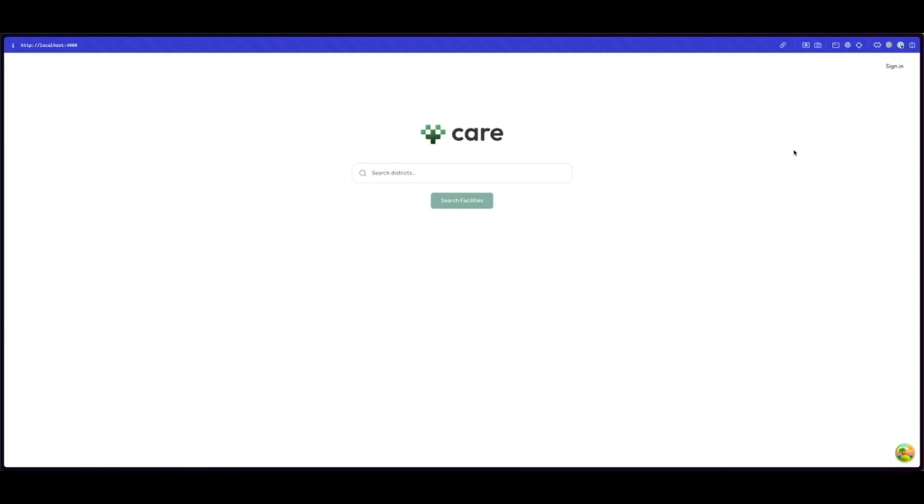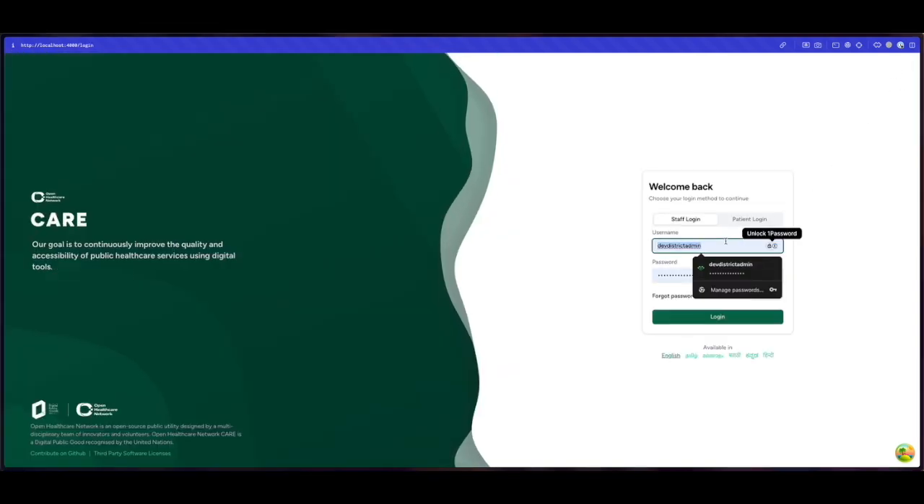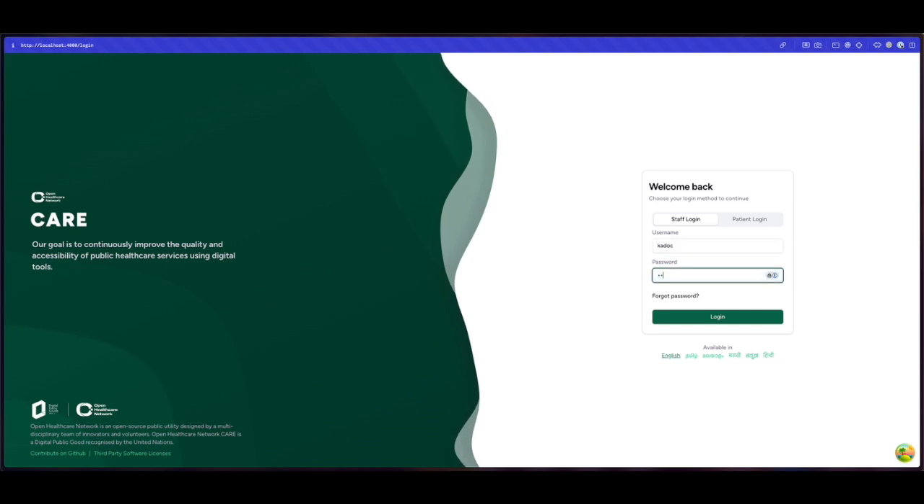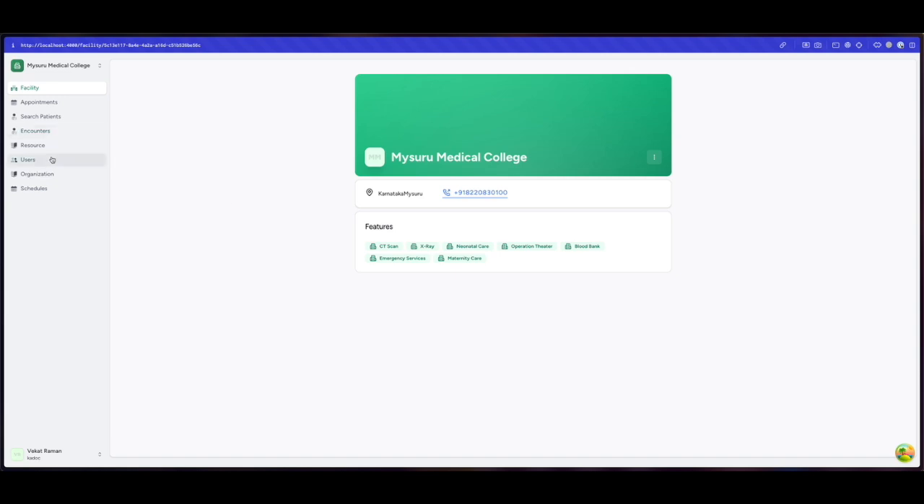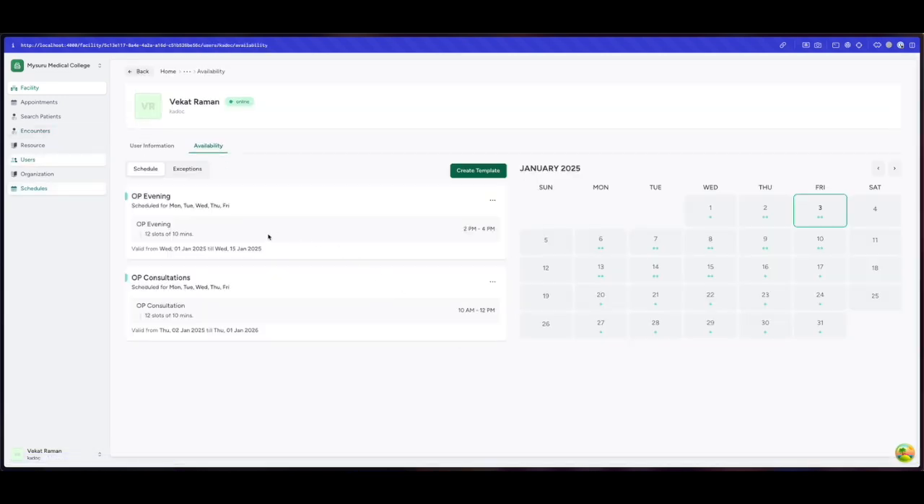Hey everyone, here's a quick demo of how the OP consultation flow works in care. First, I'm going to quickly sign in as a doctor to show you how a doctor sets up their schedule for appointments. I'm a doctor at the Mysore Medical College, and I can see that I have set up my